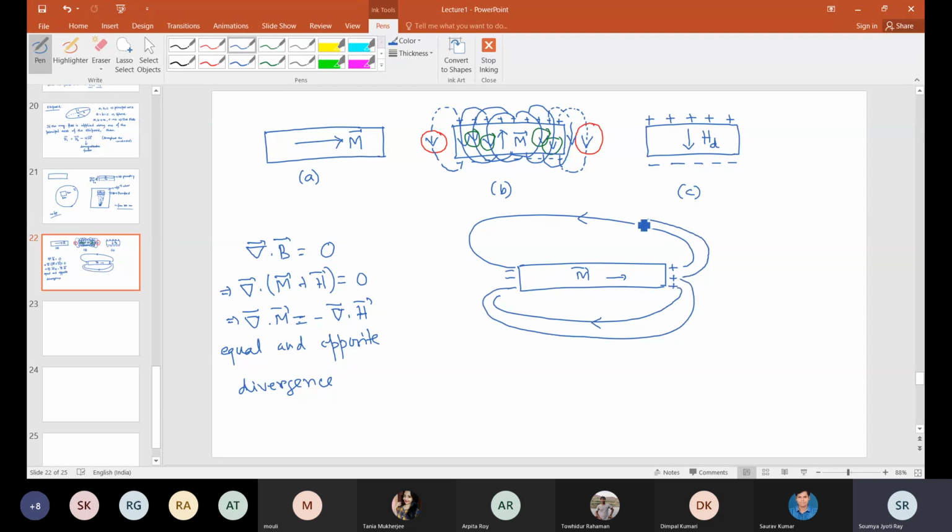These lines will give me my demagnetization field. But in this particular case, none of these flux lines are passing through my sample.